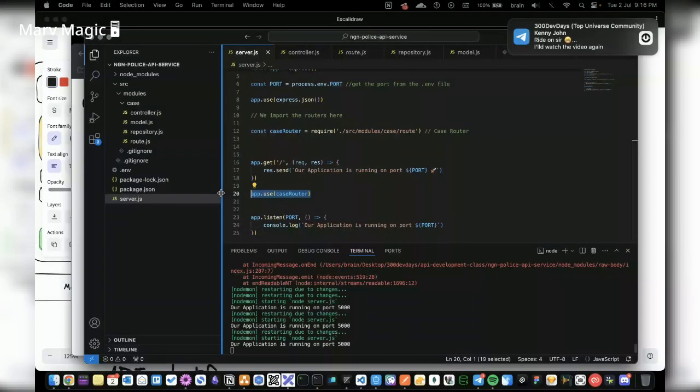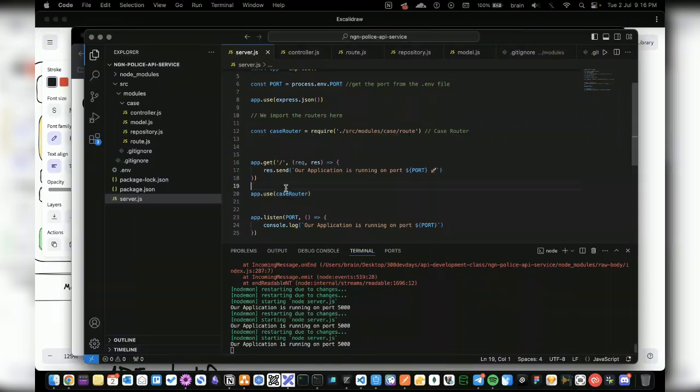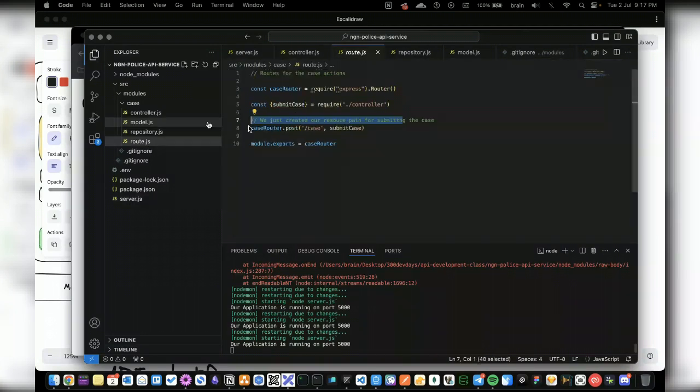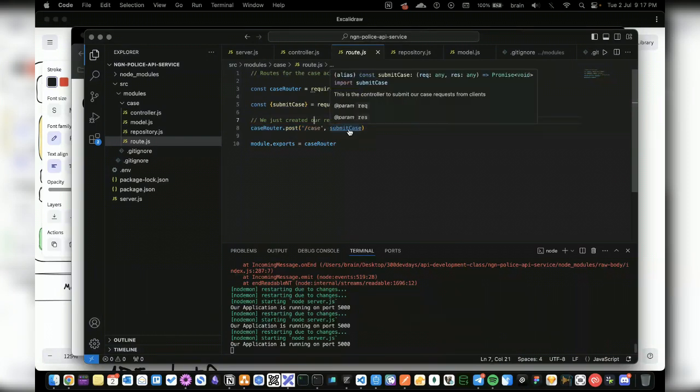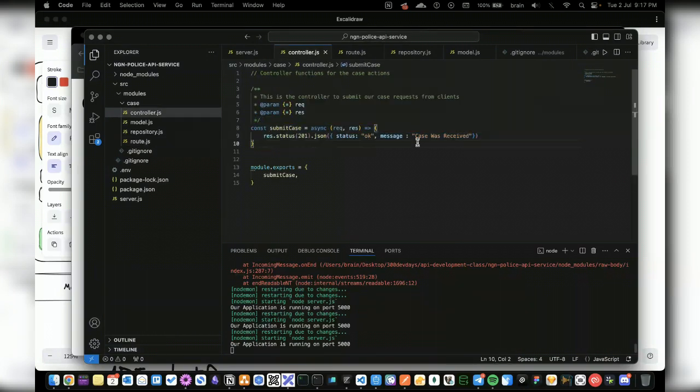What we will do, it's fine. I think this is already a lot. I want to go through what we've done so far. Make sure you are in the next class so you don't miss out on the whole thing. In the next class, we'll continue. Right now, we're building an API, and we have a simple API structure here that we can at least use to send a request and get a response, right? So we send a request by calling this. This is what we just called when we say /case. When we call this, it basically calls the controller, which is this controller, and will respond with case was received, right? Simple.